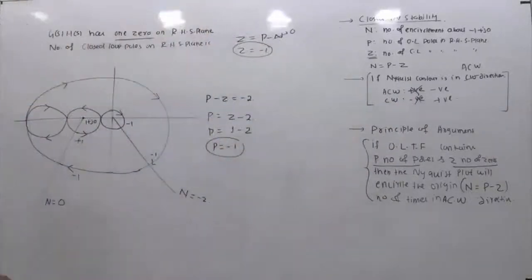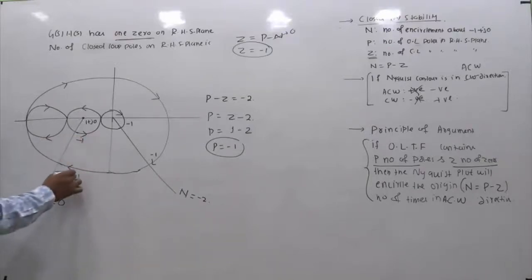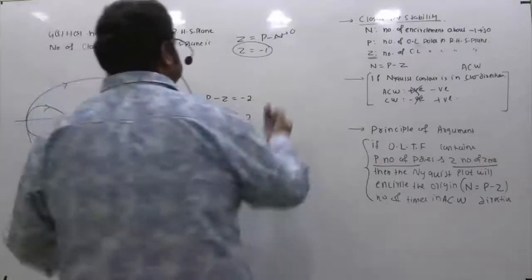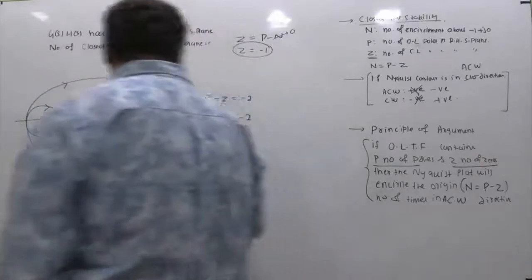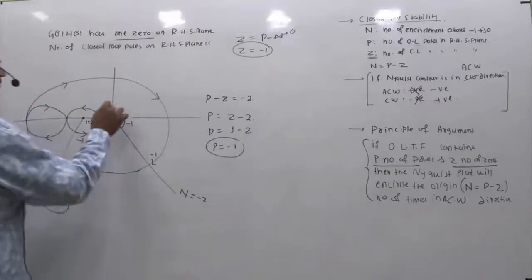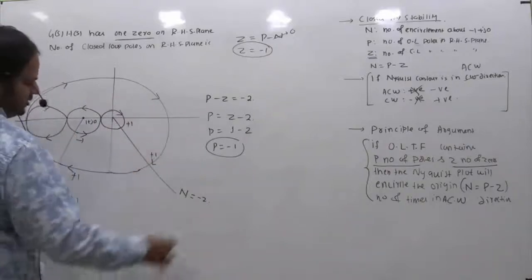Now will there be a change on this? No, there won't be any change on these values, because now anti-clockwise you will be counting it as -1 and clockwise you will be counting it as +1, but again the net value is N equal to 0, isn't it? So here there won't be any change, right? But here there will definitely be a change. What is the change? Instead of clockwise, I should take it as +1, and this is also +1, so this will be +2.